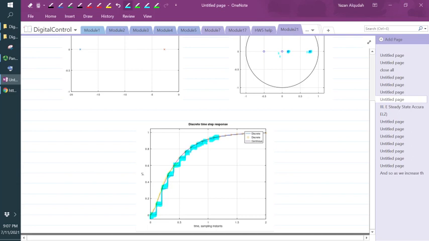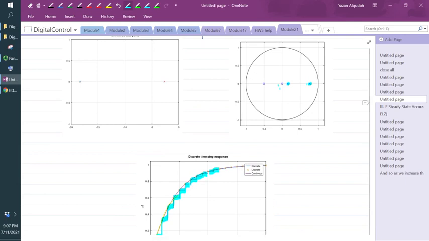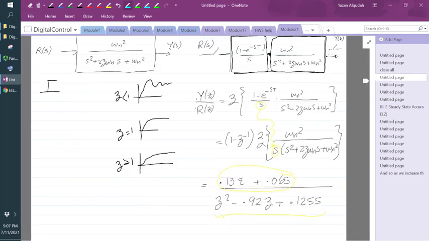Okay, so I hope this example is clear. The two things I want to emphasize, there are several things I want you to pay attention to. The first is, this is a second order system. When I took the Z transform, I have an S here. It became a third order. So there's this S that came from the zero order hold. The second thing, there are zeros that are added to the discrete H of Z or T of Z, as a result of generating the Z transform of